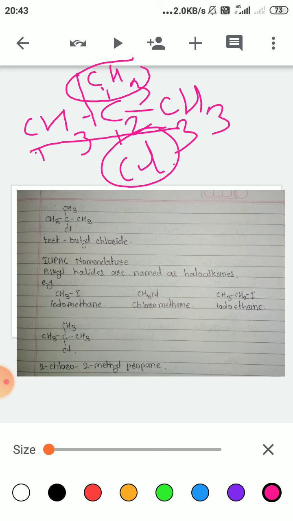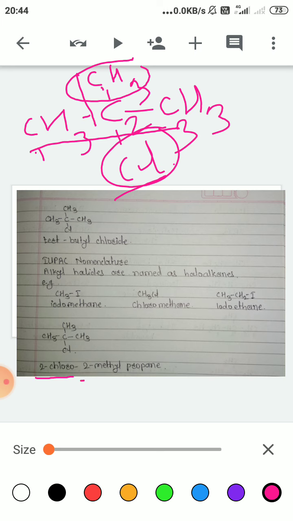Therefore, for the name of the compound we have to mention the position of the substituent as well as the position of the functional group. Here, as the chlorine atom is attached to the second carbon atom, it is 2-chloro. As the methyl group is also attached to the second carbon atom, it is 2-methyl. Now we have to decide which group to mention first, for which we follow the alphabetical order. As C comes first, we write 2-chloro first,